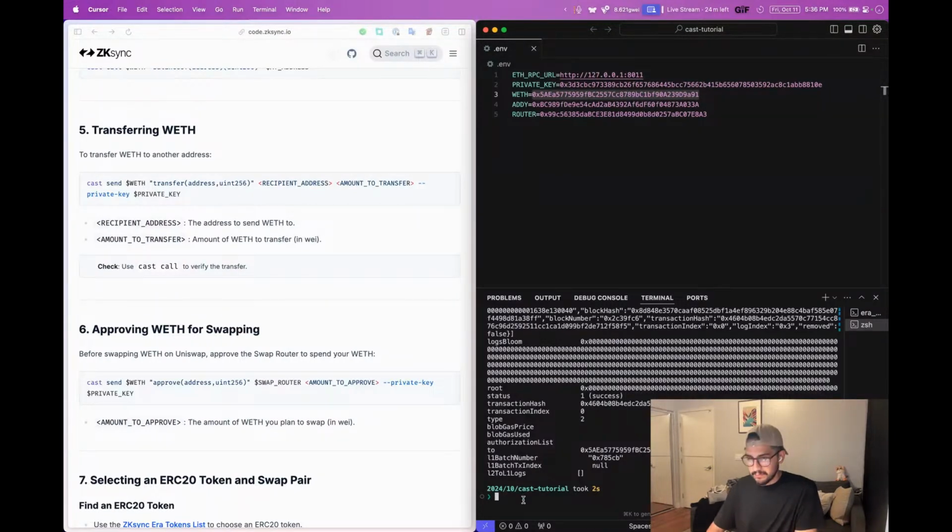Let's check that I actually have that amount in my public address on this fork of mainnet. So cast, what was it? Balance of, address, output is going to be uint256. And the address that it's going to be checking is going to be